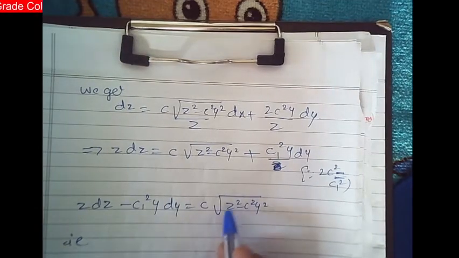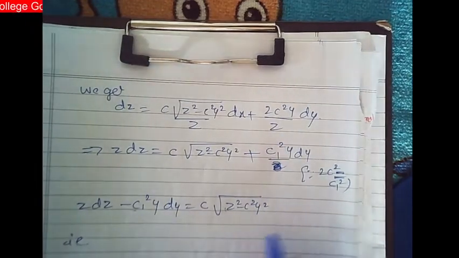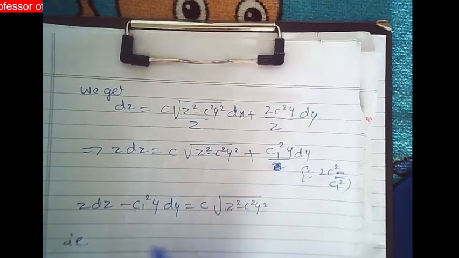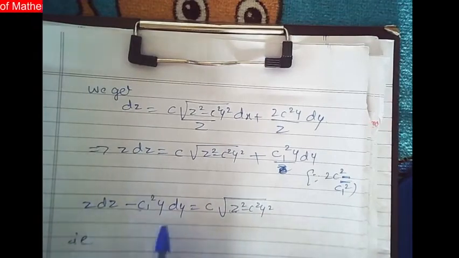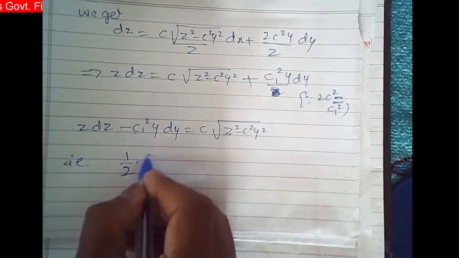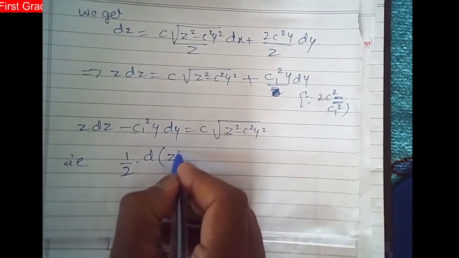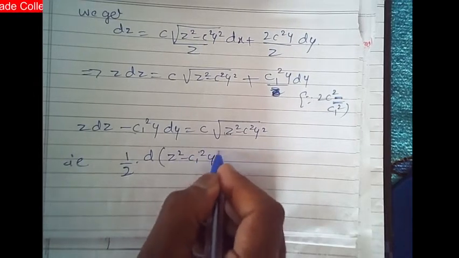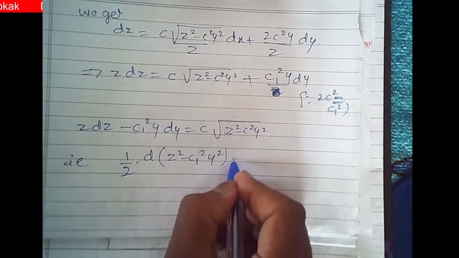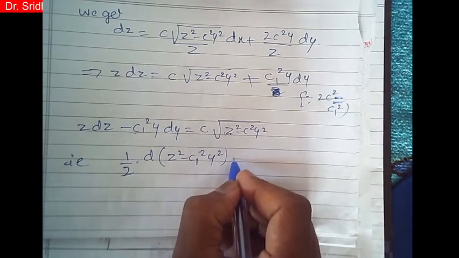When you differentiate this, what do you obtain? 2z minus c square into 2y dy. So z dz minus c square y dy is there. The only thing is that 2 is not multiplied, so we can adjust that. Therefore this is nothing but 1 by 2 into the differential of z square minus c1 square y square, which is equal to or divided by,